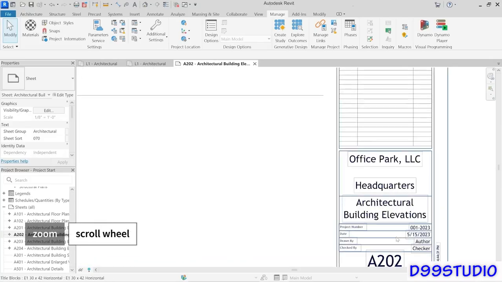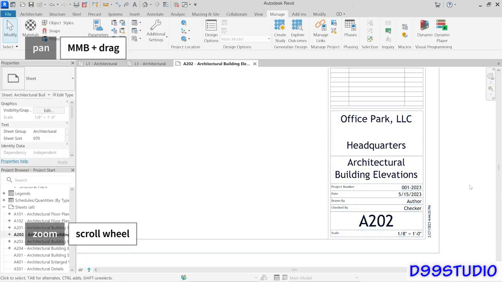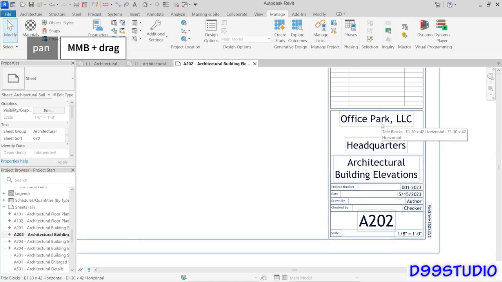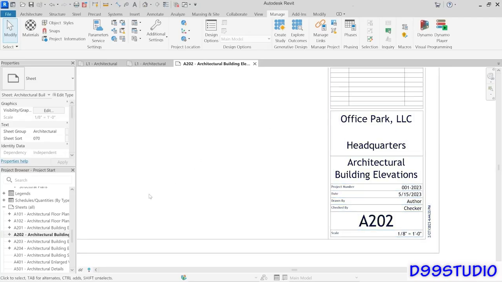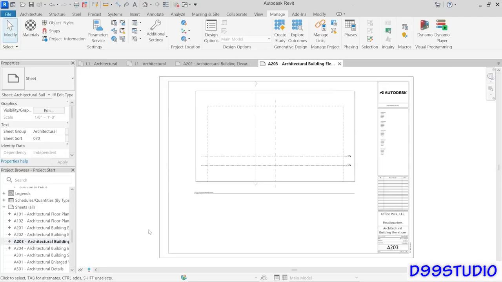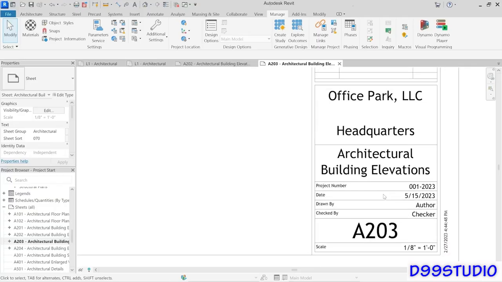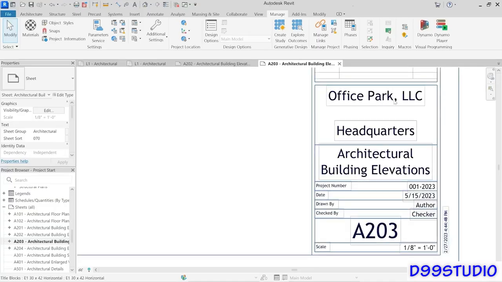So I'm just going to put my mouse in that general area and roll it in to zoom in, and notice all those fields that we just typed in the project information are already filled in here on this title block. More importantly, if I open up a second sheet, I'll just go to A203. Notice that it also has the same information. So things like the name of the client, the name of the project, the date, the project number, these are global fields that will input